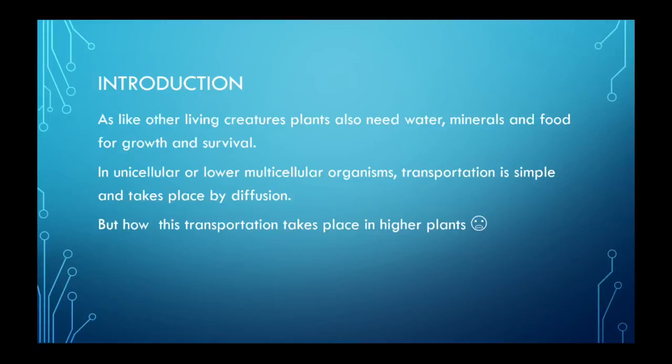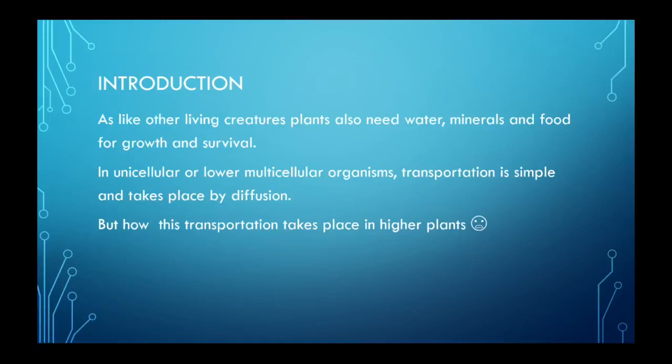If it is about smaller or simpler organisms like unicellular organisms, which have one cell, or simple multicellular organisms, which are made up of few cells, they get water by diffusion. It means that they are in the place of water, and some of the water easily gets into their body and gets transported into their whole body. So for them, it's very simple.